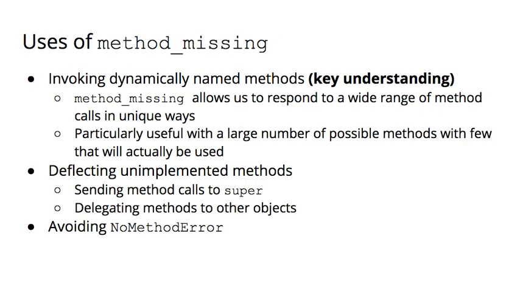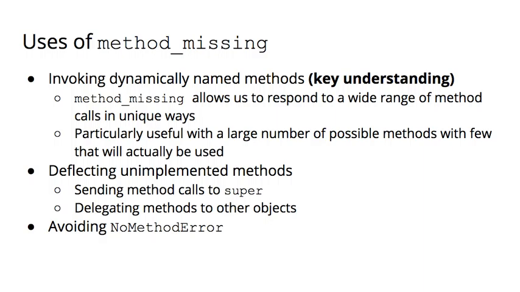So just kind of a broad view of the uses of method missing. So the first and probably most important is that method missing allows a user to invoke dynamically named methods. So the Roman class was an example of that, because all of those strings of Roman numerals, those are dynamically named methods. You know, they're not explicitly implemented, but yet they still provide us with